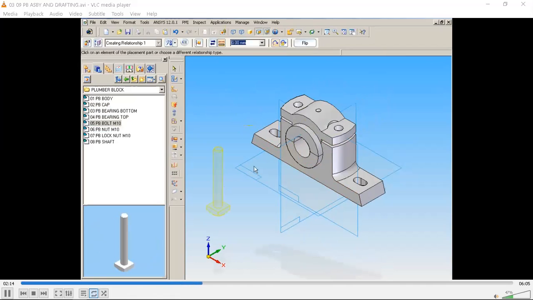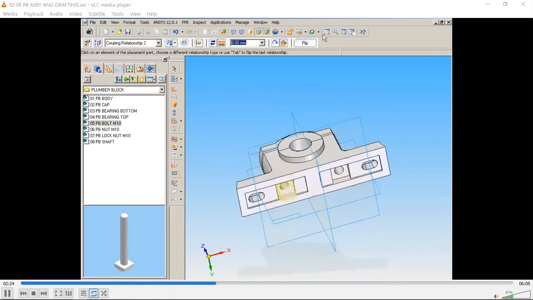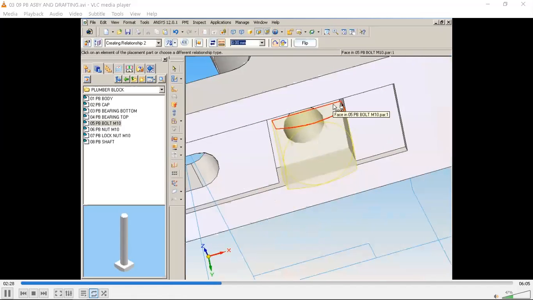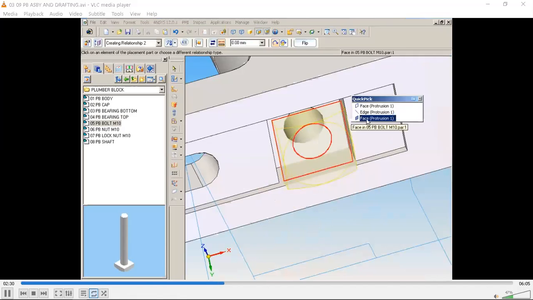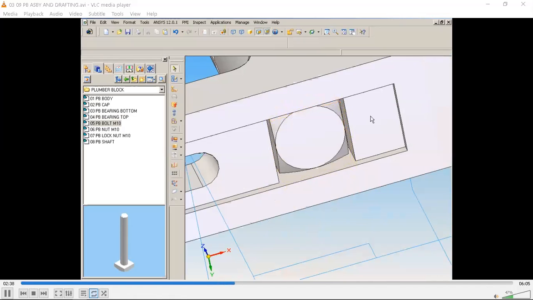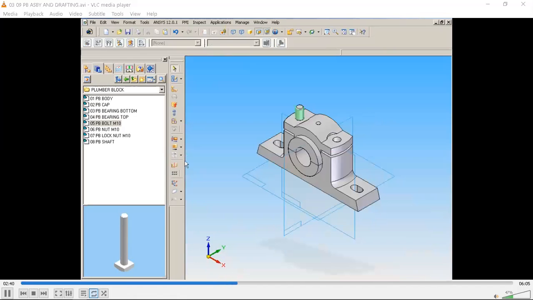When you fix the bolt, use an axial alignment first with rotation lock, then you can change the orientation. Observe from the bottom, the flat surface should match with the bottom surface of the plumber block. Then it is completely fixed.